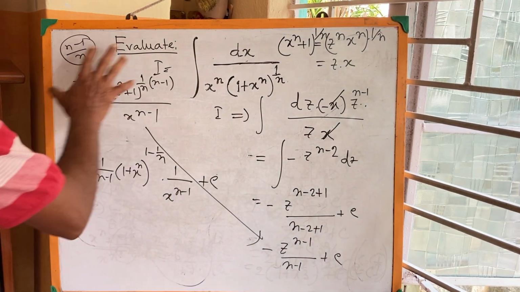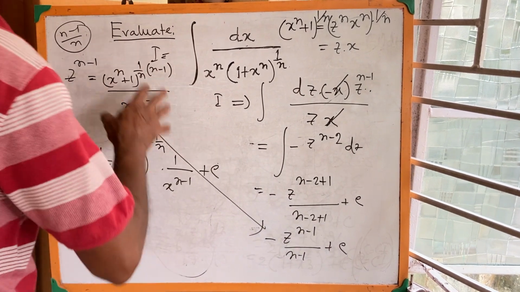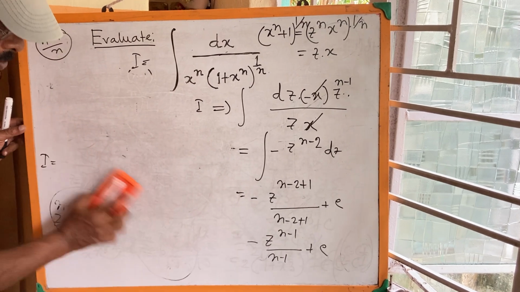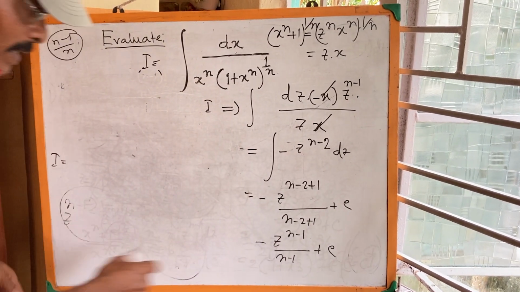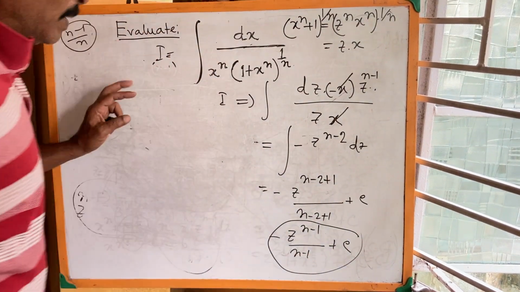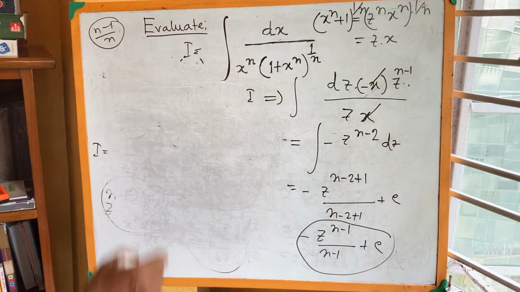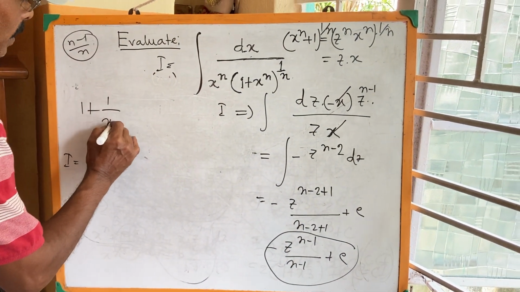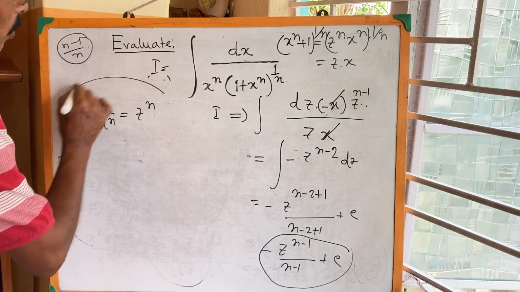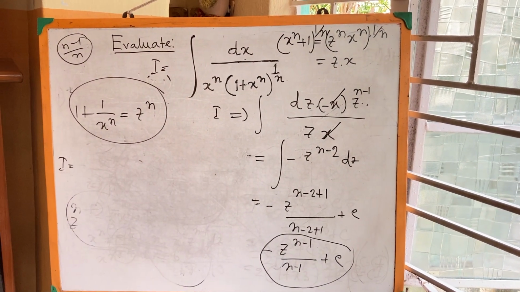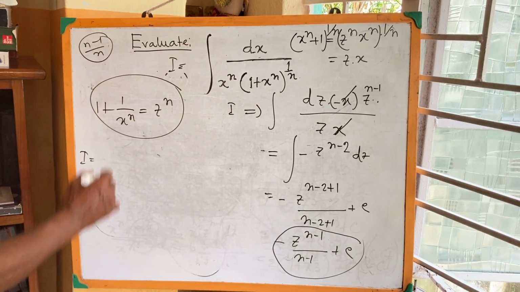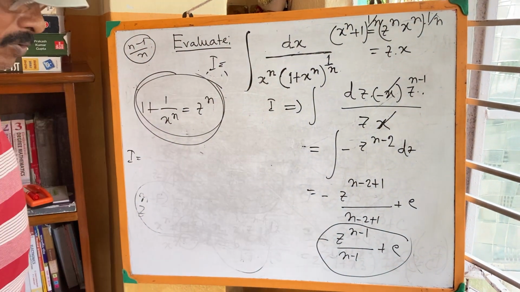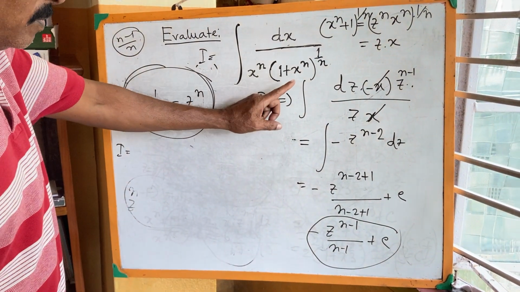But this step is not very essential. The essential step is that z to the power n minus 1 by 1 minus n. If we can substitute, firstly, this main step from this sum is 1 by 1 plus x to the power n equal to z to the power n. All the students, you have a clear idea about the differentiation. So from this step, if we can remember this step, we must find the value of this integration.